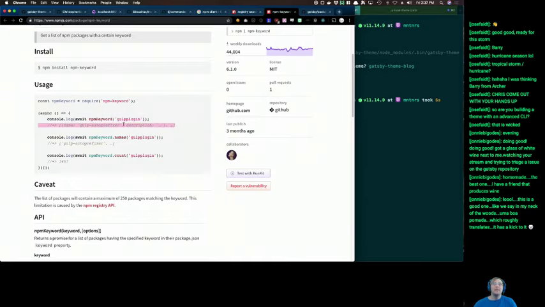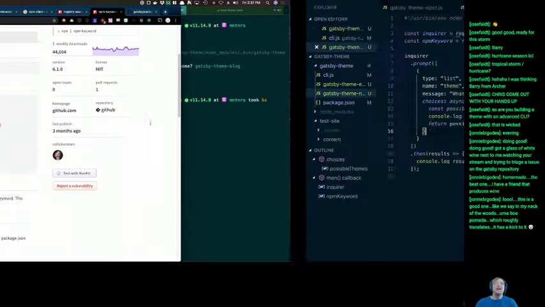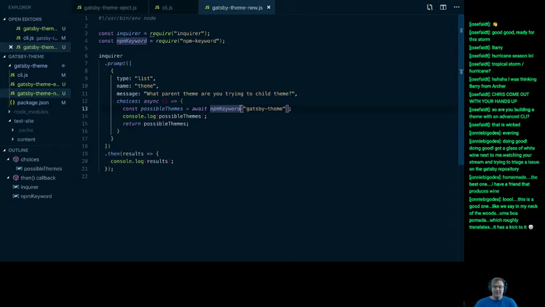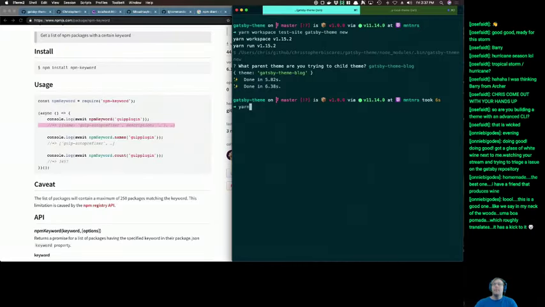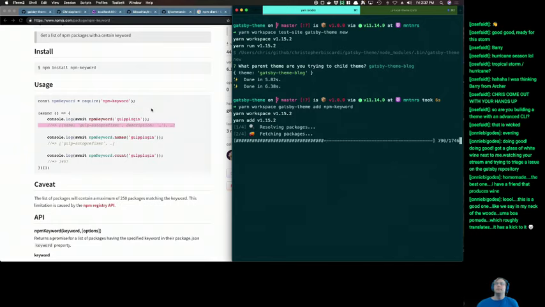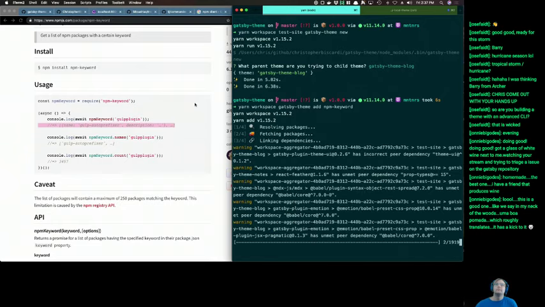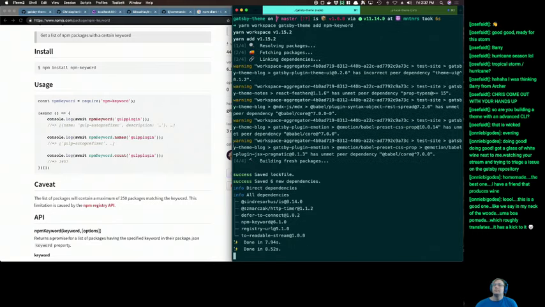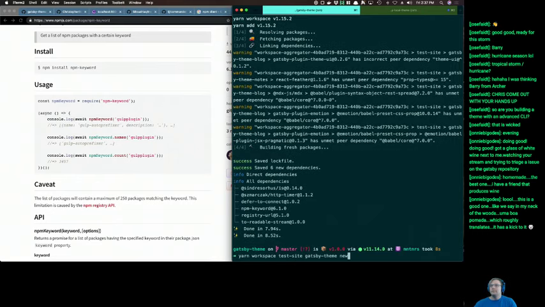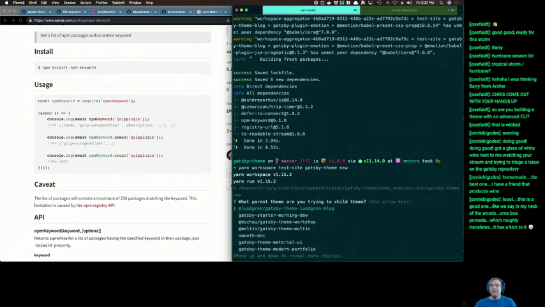Oh, it looks like these names come in, so that would be... Oh, it's dot names? Yeah, we should do that. Dot names. So we don't even need this. We can just return that. And then let's try this again. Well, first of all, let's add... Is it npm keyword? Let's do it now. Now it has to hit the internet, but now it also gives us all of these